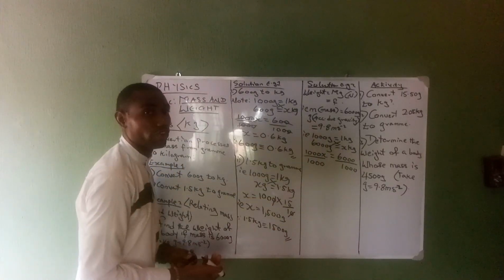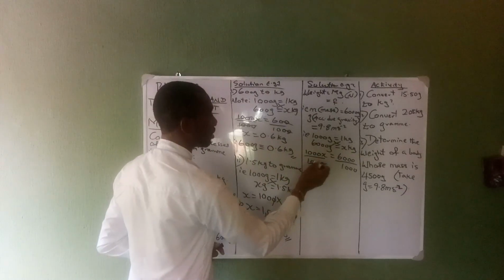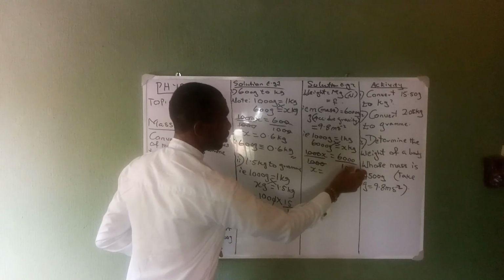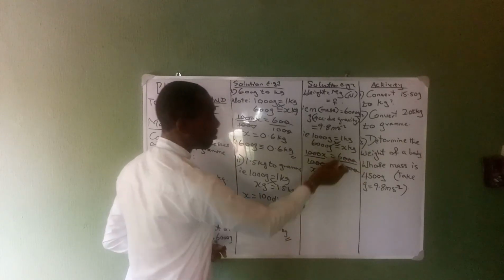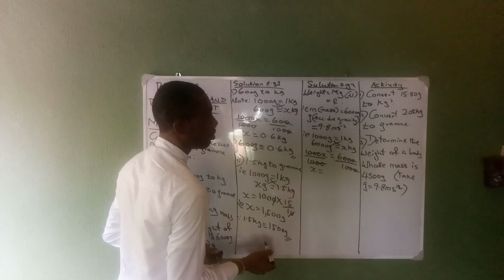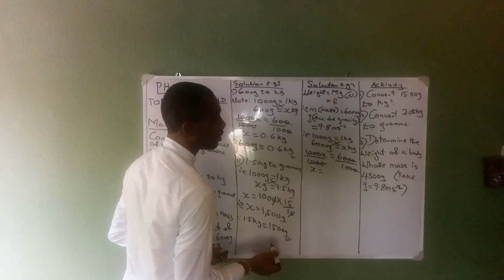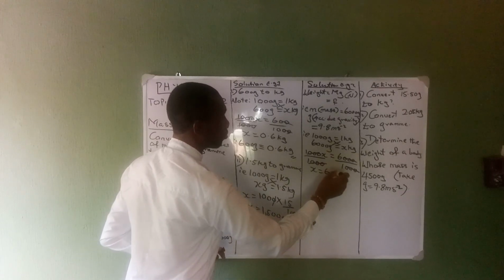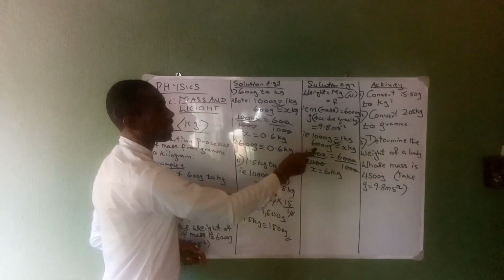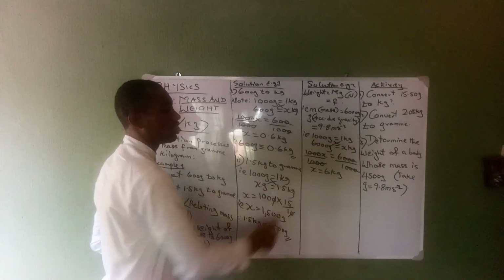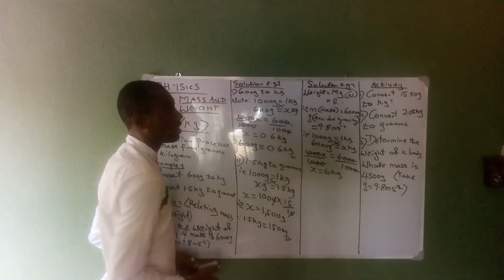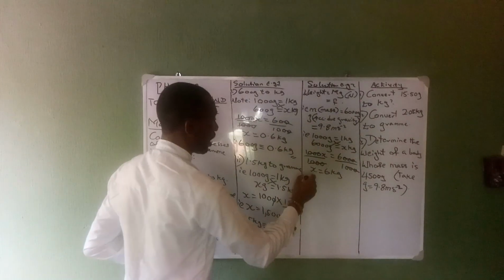This is just the application of mathematics. So we'll have 1,000 divided by 1,000 to give us x equals to, now we cancel the zeros here, remaining only 6. So we'll have 6 kg. So we can say that 6,000 gram is equivalent to 6 kilogram. Now substituting this 6 kilogram into the formula of weight, we have it that